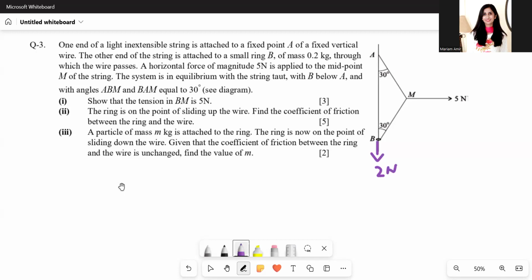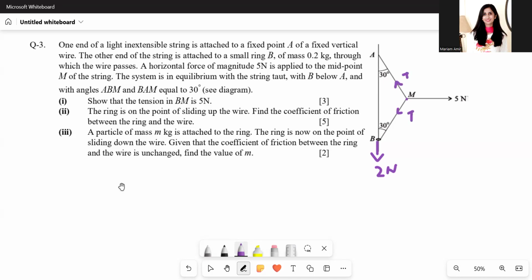string M. The system is in equilibrium with string taut with B below A and the angle equals 30 degrees. Show that the tension in the string is 5 newtons. So we're looking at M. Let's resolve the forces on M. There's a horizontal force towards its right, and then there's going to be a tension in this direction and a